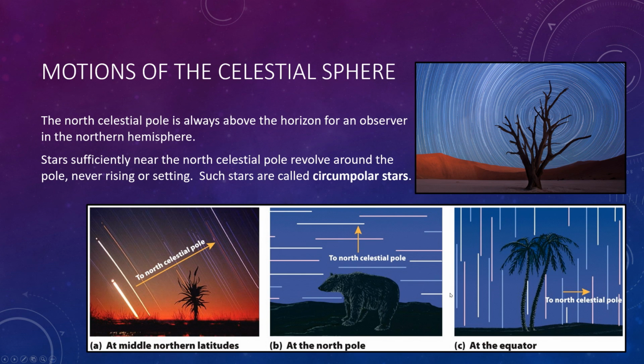So this image here at the bottom just tries to show you what these star trails would look like if you were at different places on the Earth. At middle northern latitudes, where we are, stars appear to move at some angle to the sky. But if you were at the North Pole, the exact North Pole, of course there's a little polar bear here just for fun,